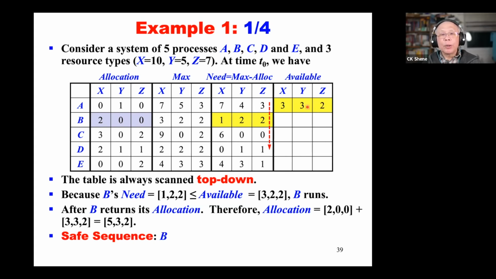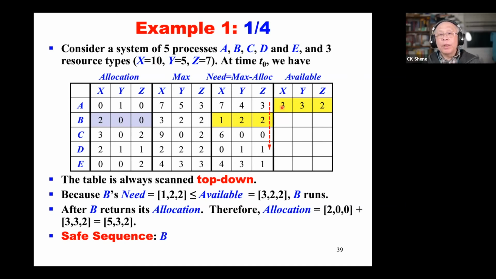Why 3, 3, 2? Look at here. B has 2 of x, 3x, and 2x. So the total allocated x will be 2 plus 3 plus 2, which is 7. And we have 10 maximum available. So x has only 3 units remaining. So now